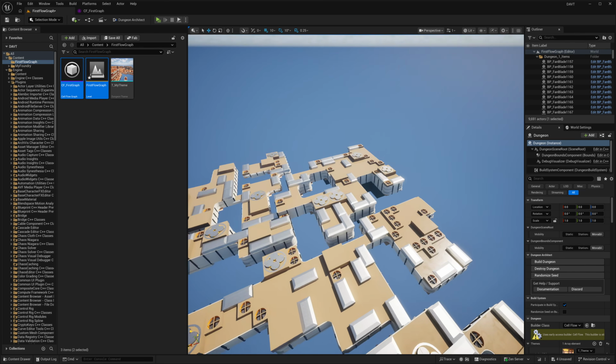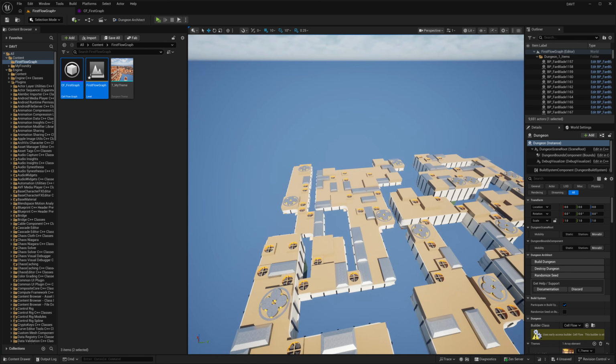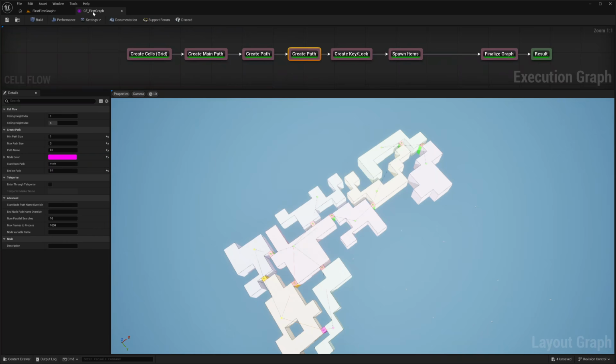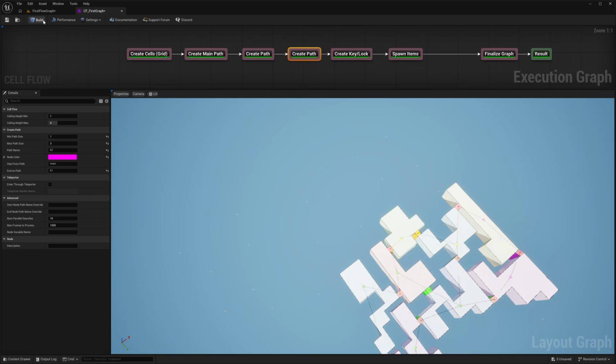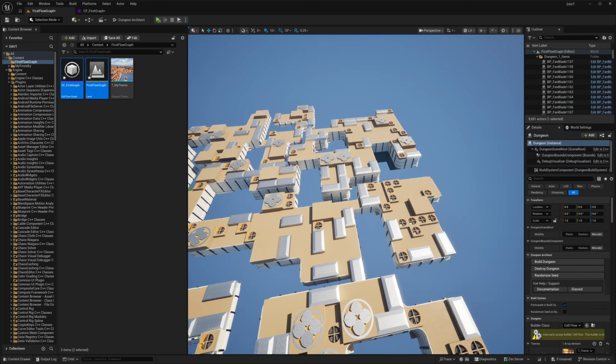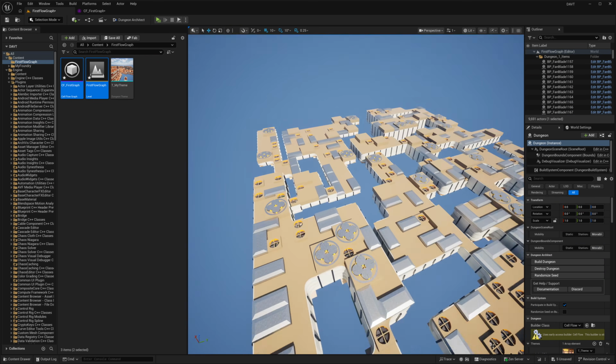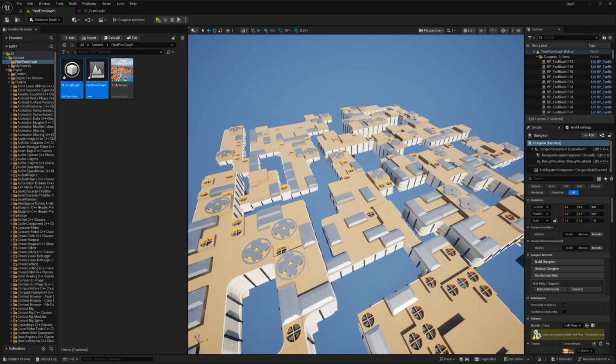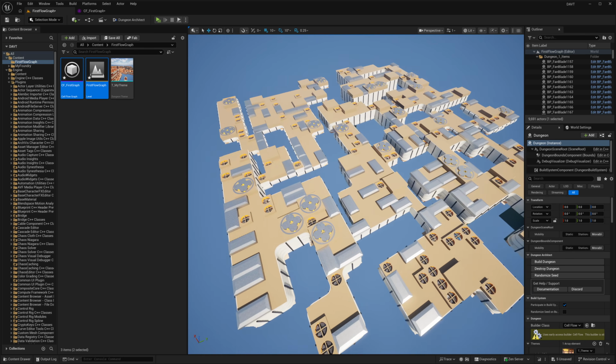So the bottleneck here is the actual spawning of the meshes. Right, the algorithm is pretty fast, so you can see I'm just building it instantly. But spawning all of these meshes into the engine, that is a bottleneck. So yeah, this is good, manageable,